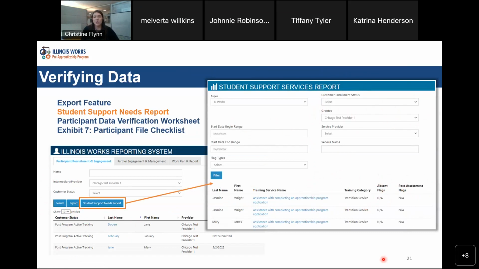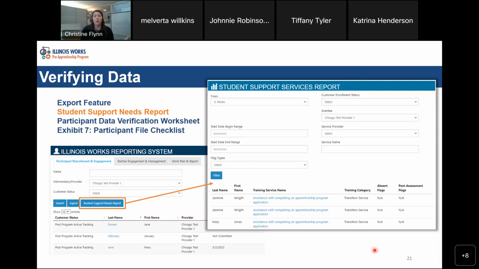And this is traditionally used by your student support services staff to flag that in case there needs to be some sort of student service support provided. But this can also really help you dig into which exact modules might be causing a red flag. So this report is great on its own, but it's also great as a